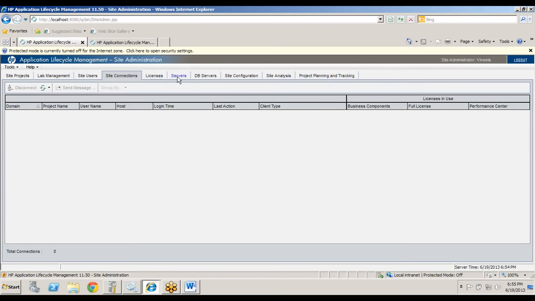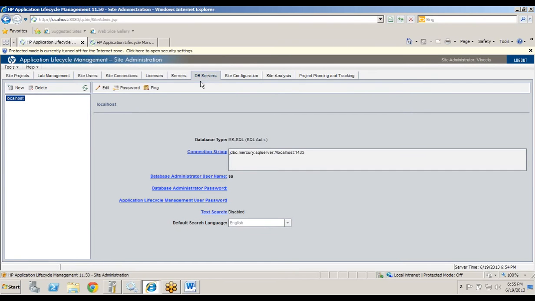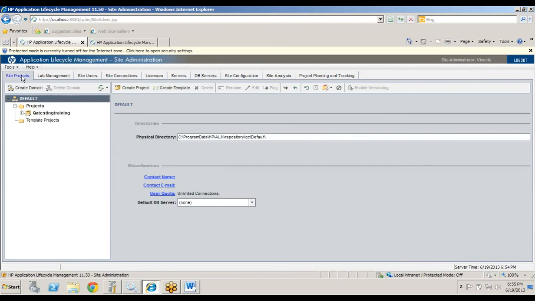If some other person has already connected to this server, then he will be able to see the person who logged in into this site. And the licenses you will be seeing: what type of license it is and the duration of the license in the servers.